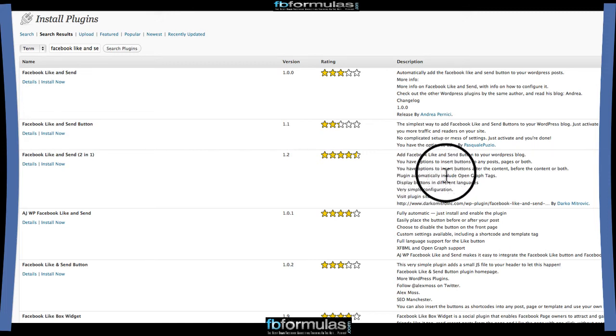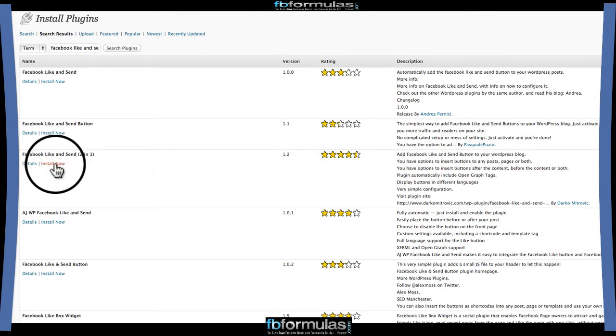You also have options to insert the button before the content, after the content, or both. It automatically includes Open Graph tags, which means it pulls in the titles and the descriptions. You can display the button in different languages, it's very easy, simple to configure, and it's gotten the highest rating. So that's definitely the one we want to install.